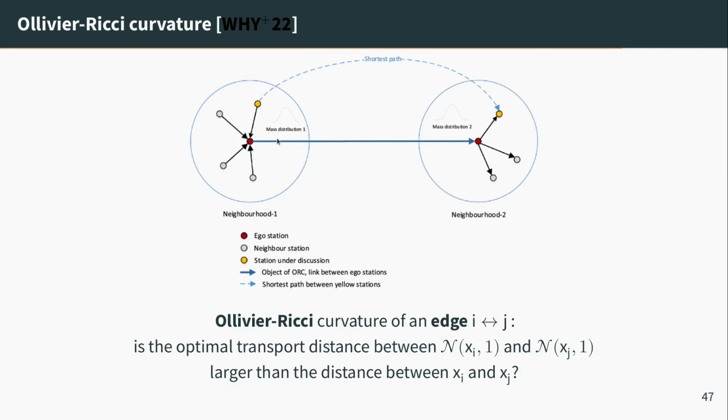But now, if you were on a sphere, on a positively curved space, then you would have shortcuts. A bit like if you take the plane, you have shortcuts, and so on average, the transportation distance would be smaller, whereas on a hyperbolic space, like on a tree, imagine if this was the graph of the tree, with neighboring points, if this point wanted to go there, it would first have to travel to the base point, then go there. And so the transportation distance on average would be higher. The transportation cost would be higher than just the travel distance between the two vertices.